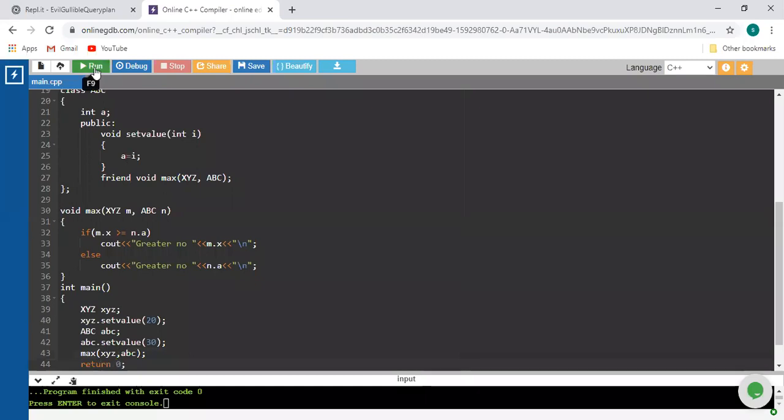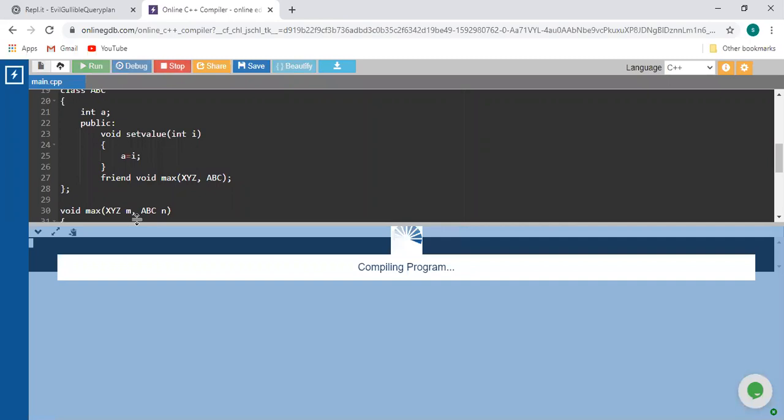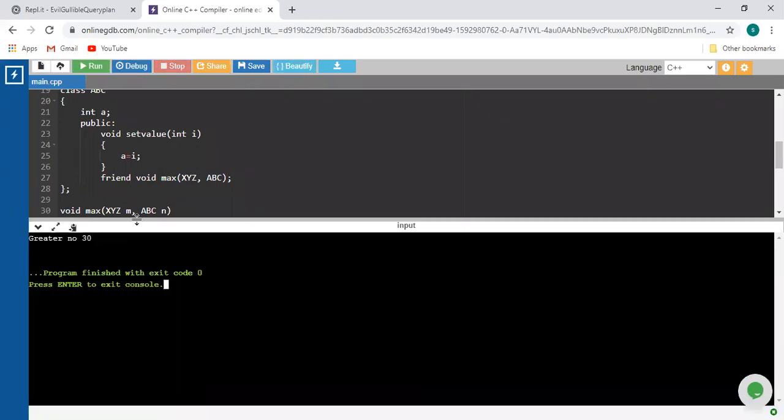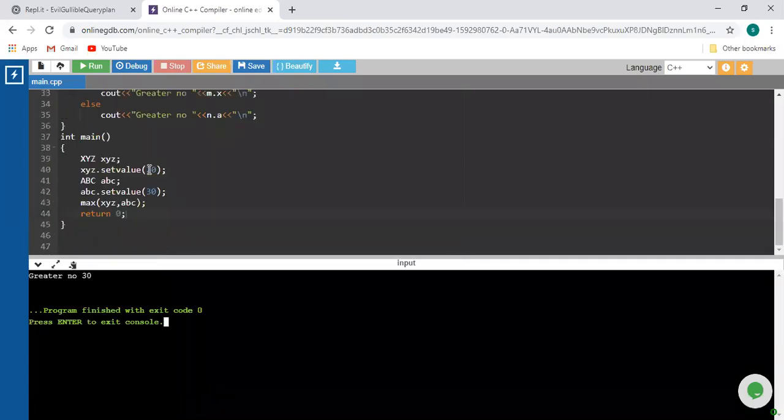Now check the execution. Okay, so the greater number is 30. We have passed two different values: for XYZ it is 20 and for ABC a is 30. So it is going to compare both the variables inside the max function, and it will return the greater number.